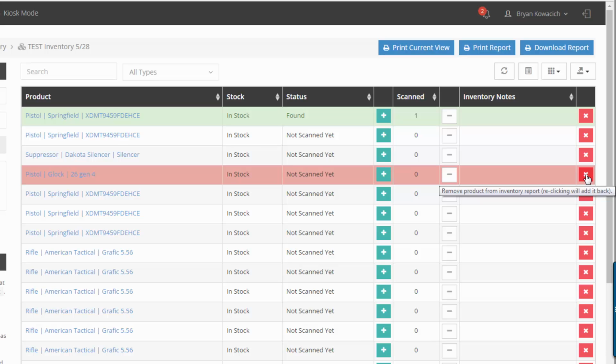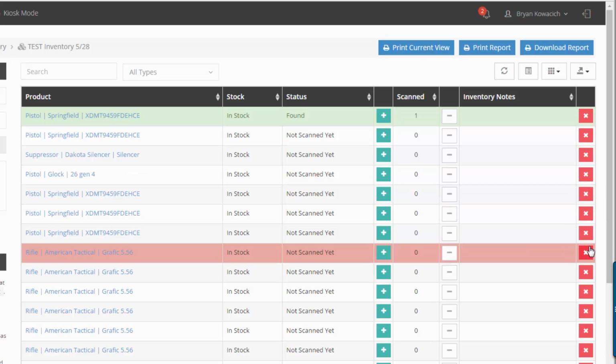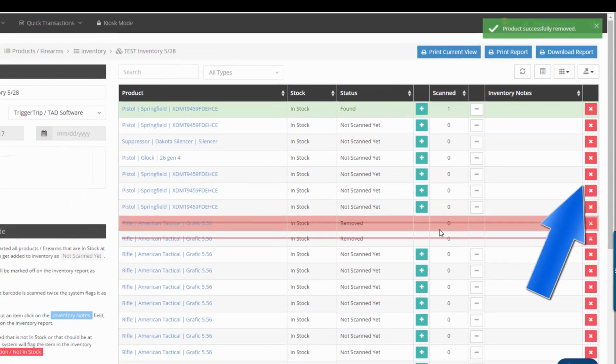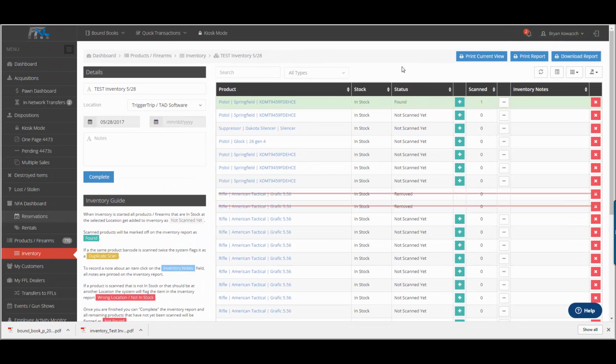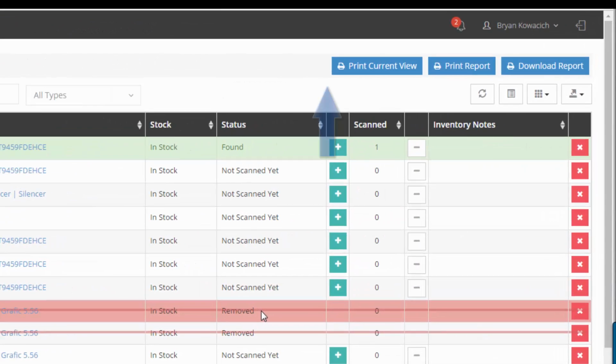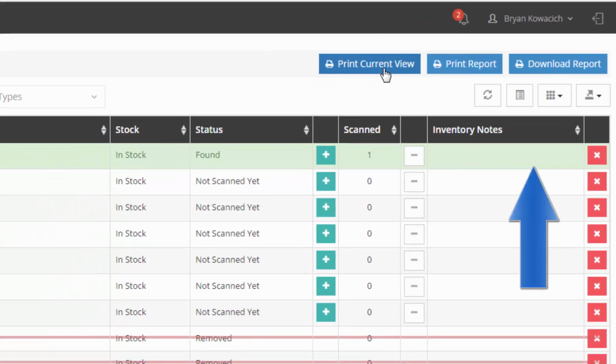not in stock anymore. For instance, let's say you begin your inventory but you sell multiple firearms before your inventory is completed. You can simply go in and click remove. The system will remove those items from your inventory, and of course when you do that disposition it will be recorded into your bound book. In the event that one of these items is sold while you're doing inventory, the system will automatically put it on removed. You then have the ability to print your current view,